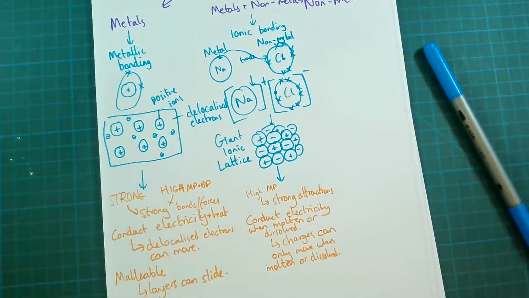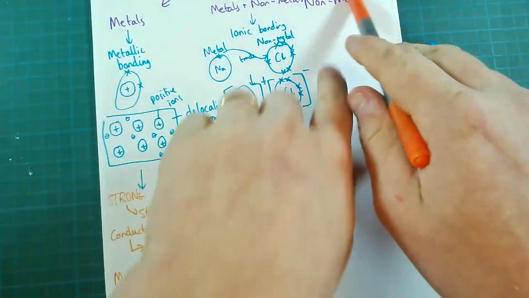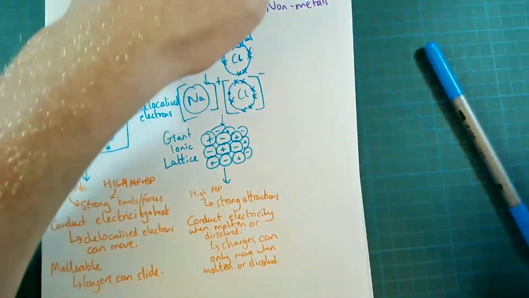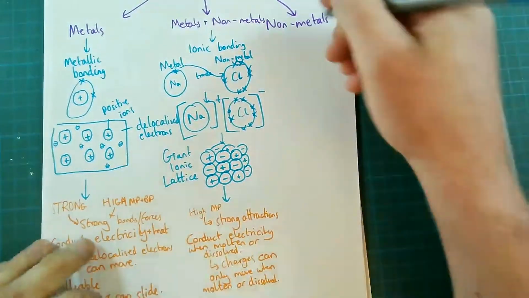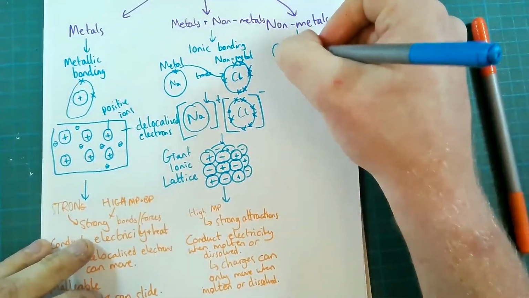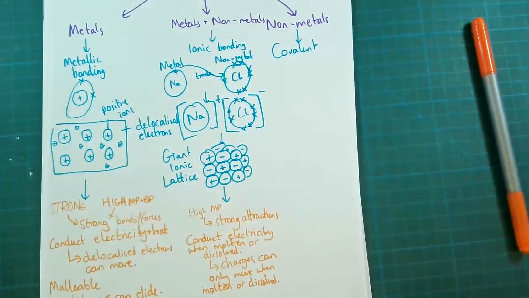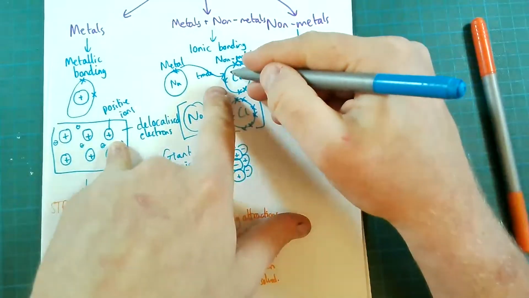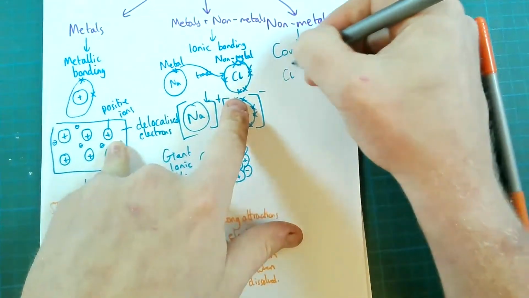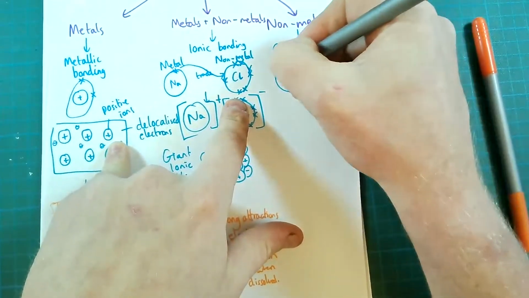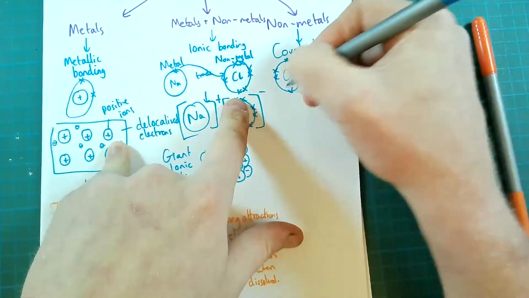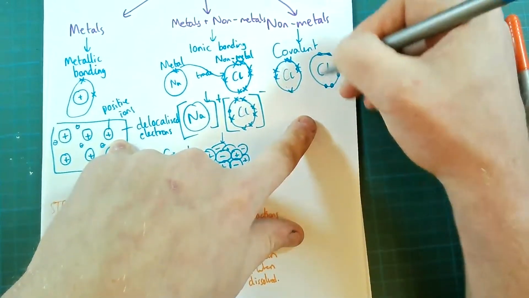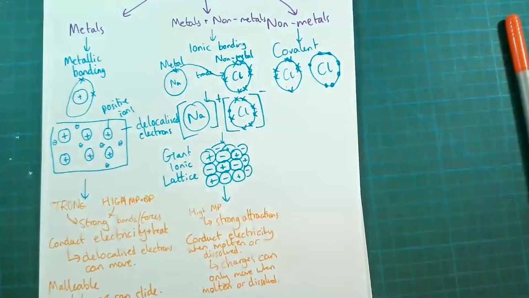So ionic is the trade. The sharing comes with this next one. The next one is covalent. Covalent is between non-metals, and that's where they both don't really have enough. If I think back to this example, chlorine needed to gain one. Well, if I have two of them, 1, 2, 3, 4, 5, 6, 7, and 1, 2, 3, 4, 5, 6, 7, they're both wanting to gain one.